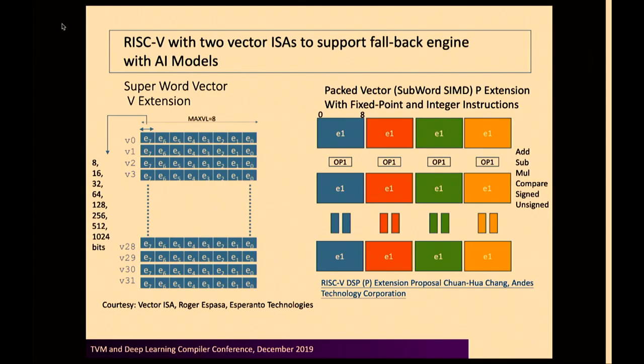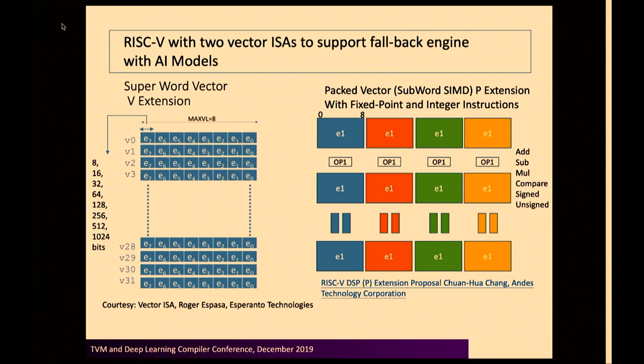So this talk covers two kinds of SIMD in that specification. One is the superword SIMD with the V extension, and the other one is the subword SIMD, known as the P extension. And we currently have reference designs from TVM for RISC-V with both the P and V extensions. For the P